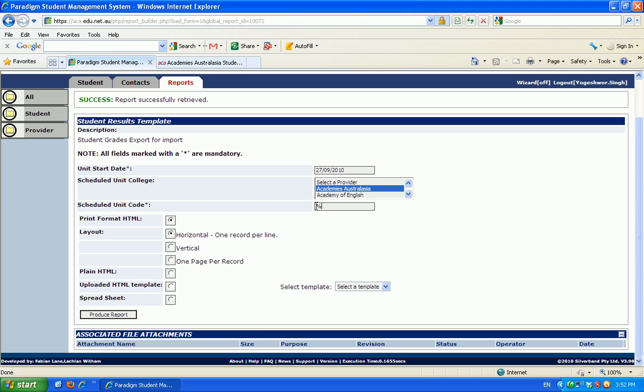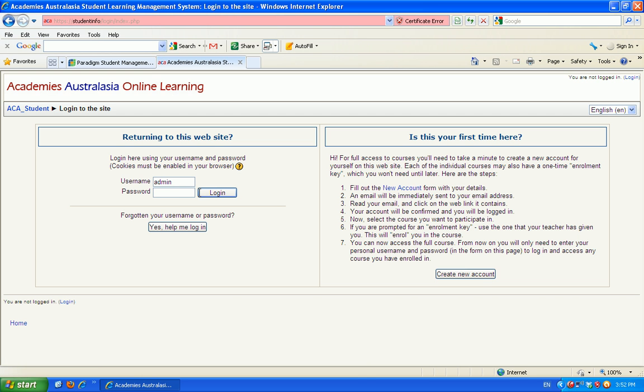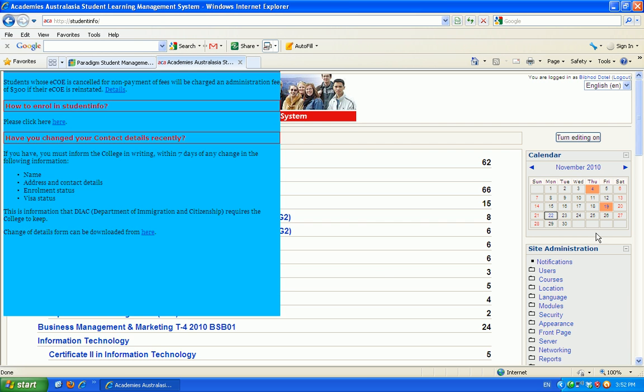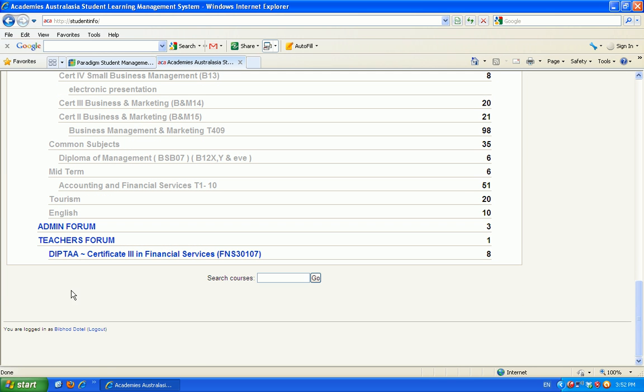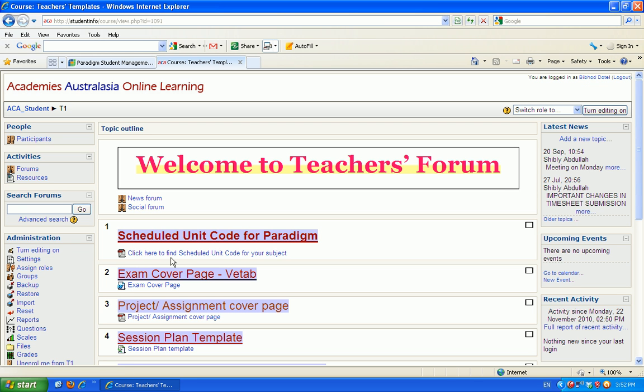If you don't have your code with you for the subject that you are teaching this term, you can download the PDF file from Student Info. I'm going to log in. If I scroll this down, I should see Teachers Forum, and I should see a Teachers Template. Once I click on this, you should see a PDF download attachment here, which if I click here,